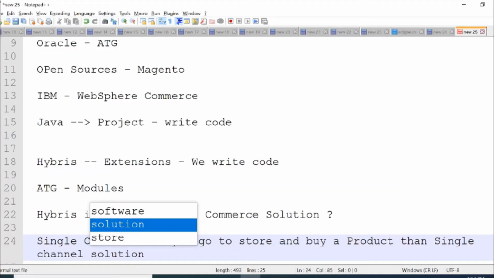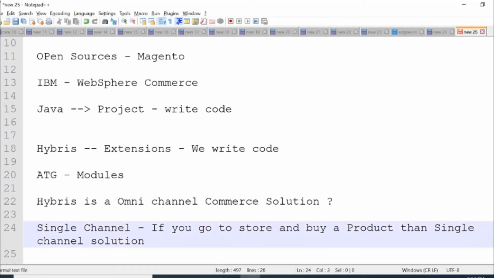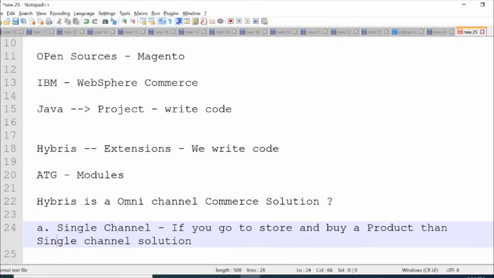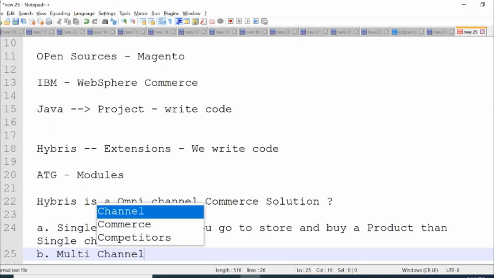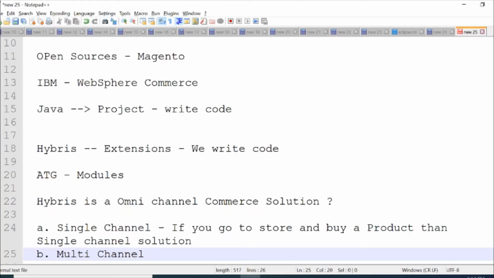Okay, and then there is another term which is multi-channel. In the multi-channel, it means there will be multiple channels used in that solution.